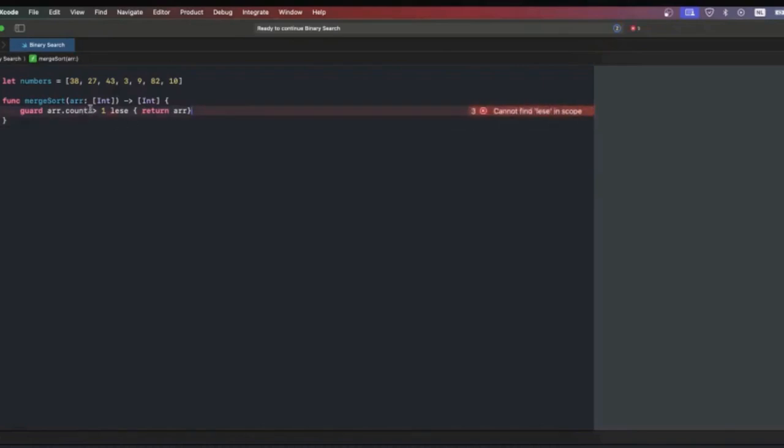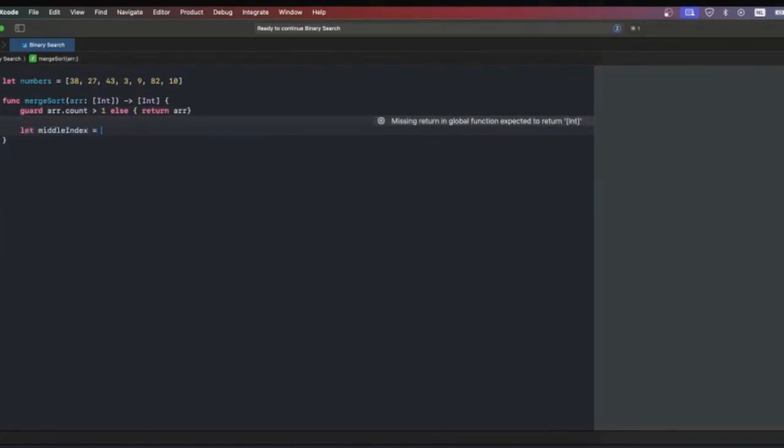If you see here, I declared a numbers array in line number 2 with 38, 27, 43, 3, 9, 82 and 10, which are integers. And I am creating a function which is merge sort. And here, let's take an example. Think of merge sort like sorting a deck of cards. You break the deck into smaller pieces, sort each pile, and then merge them one by one in a